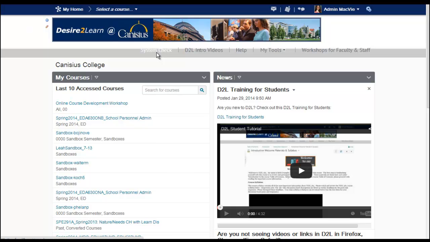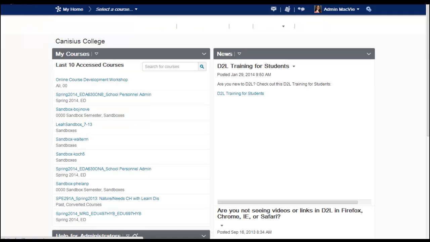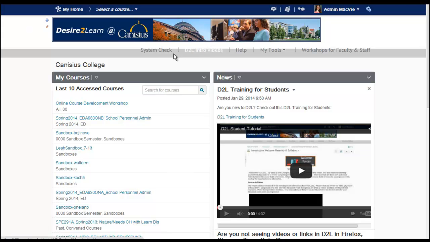First is a system check, and we're going to see that it just did a little check just now to make sure that my browser passed and everything is up to date. You'll want students to come here if they're having a problem seeing some things or having a problem in the system. For the most part, everything has been going really smoothly in Desire to Learn. So it's just a good thing to check out and have your students check maybe at the beginning of the